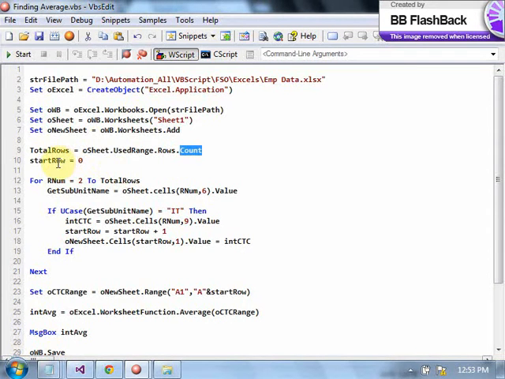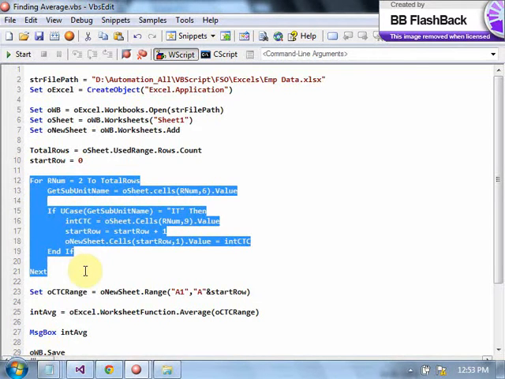Then start row: I'm using one more variable called start row here. What is the default value? 0. Okay, keep that with you. Just understand the default value is given as 0 initially. Now understand this loop. This is the key loop for us. Now 2 to total rows. You know why I'm looping from the second row to the last row? Because the first row is the column header, so from the second row to the last employee I need to execute. Then here what I'm doing